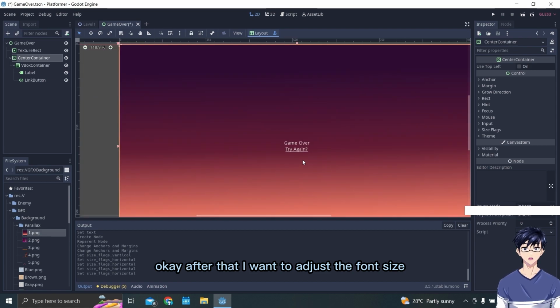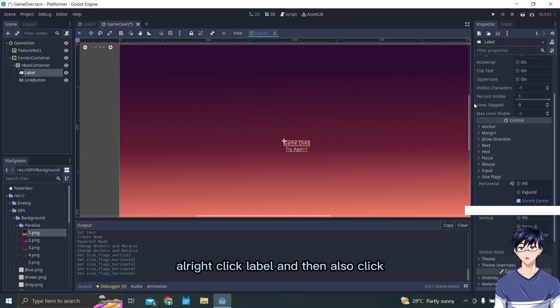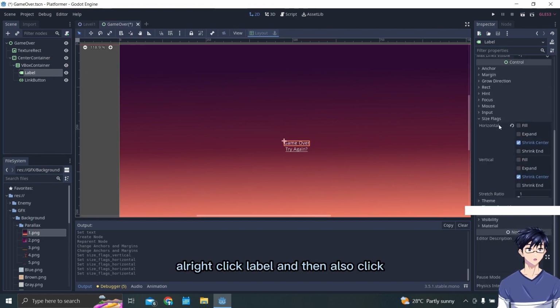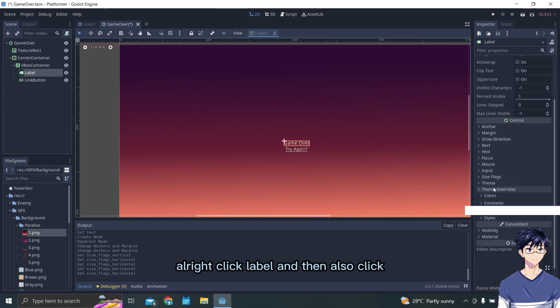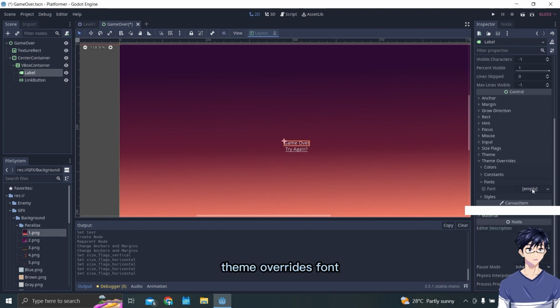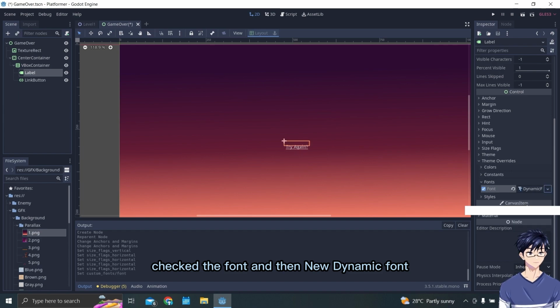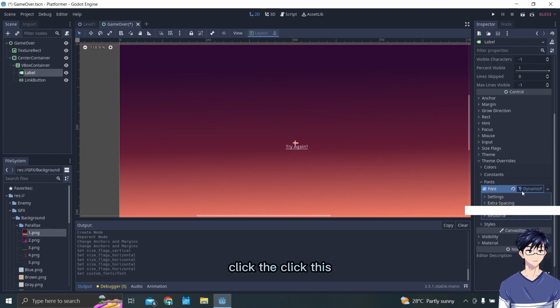After that I want to adjust the font size of the text. Click the label and then click theme overrides fonts. Check the font and then new dynamic font. Click this and then font data.